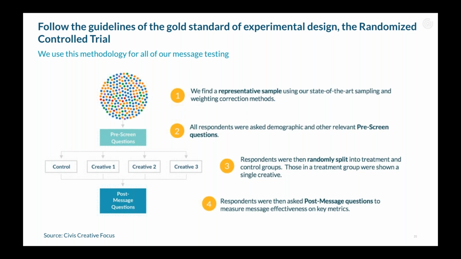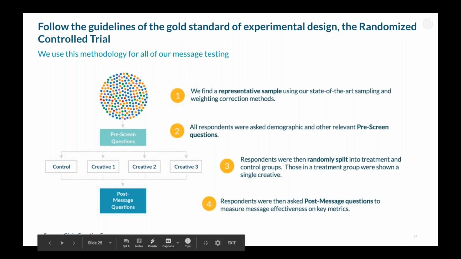Third is our actual test. So in a survey, we randomly split the sample into groups. So one group is our control, who sees no message, and each of the other groups sees one of the test messages. And then finally, we wrap up with our outcome. So in a survey, that might be a question that we ask at the end, or it might be an action that we offer. So for example, do you support this policy? Or will you share this on social media? Or please click this link to sign the petition, where we can then track the number of clicks and successful signing on the back end. If you're thinking about A/B testing on email or a website, this might be clicks to your website or to another page.